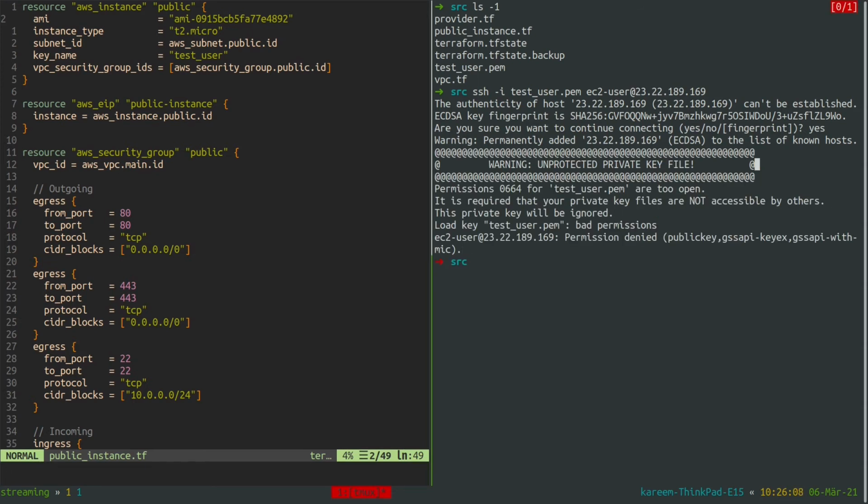So it gives this error because the key file permission is 664. We need to change the permission to be less accessible. So I'm going to make it 600.